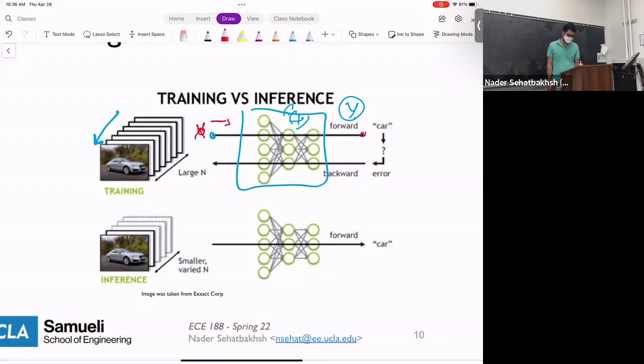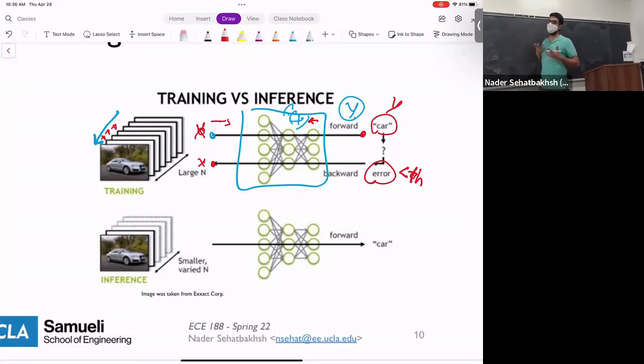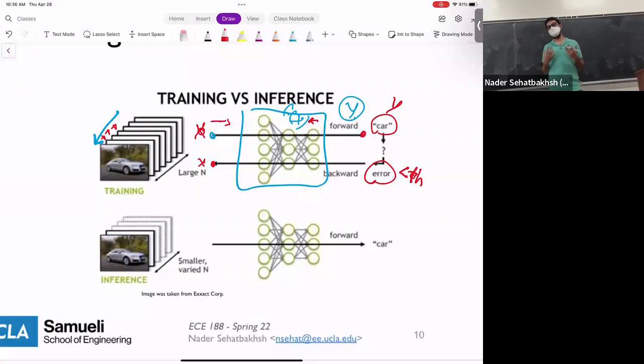So the path would be something like this: we give the image, x goes here, this is the forward path. We get our y, we calculate the error with some loss function that I'm going to talk about. And then based on this error, we need to change these parameters inside this function. We call it back propagation or backward propagation. Then it goes back to this x, and we repeat this process with the next x, next x, and so on. We continue doing this until we have an error that is smaller than some threshold. And that's where we're saying that this model now represents this data probably pretty well.